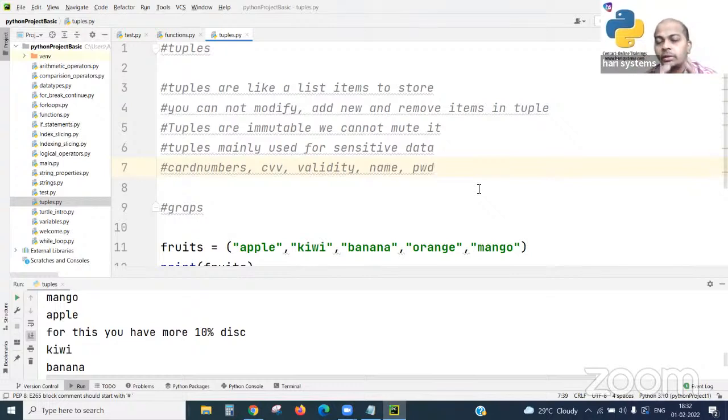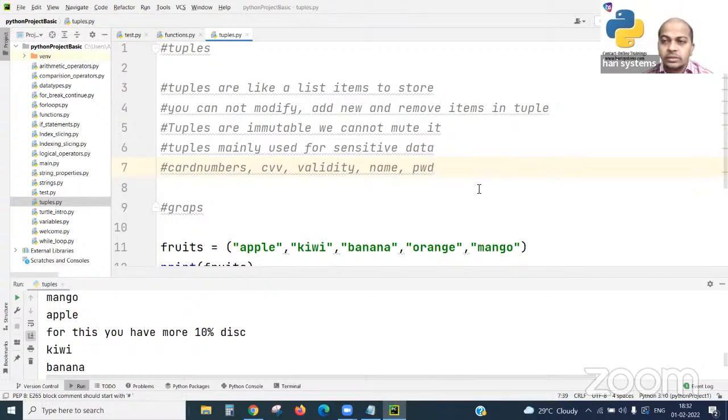Once it is framed in a tuple, during the program execution, it cannot be modified. It's a completely sealed box, however the data would be. For this purpose only, tuples are introduced in Python, for data science concepts or machine learning concepts, where the data cannot be modified for a lifetime. Such concepts are going to be introduced using tuple items.